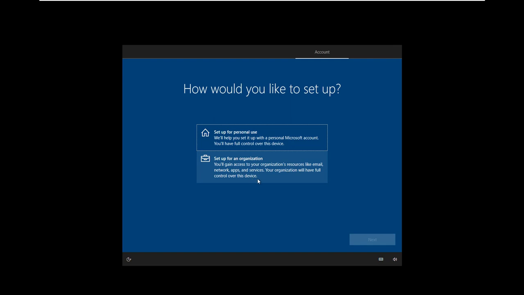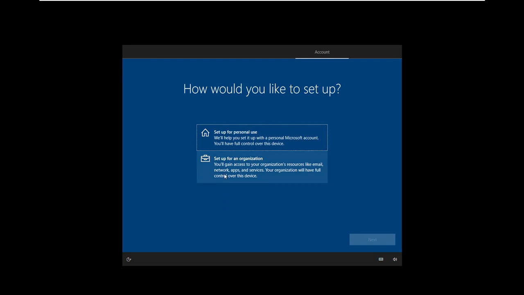Because this is the Pro version, it can join the domain and the organization network. If it were the Home edition, this option would not have come, because Home edition cannot join a domain. This is the Pro edition which we have installed, or if you install Enterprise edition, then it can join the domain.